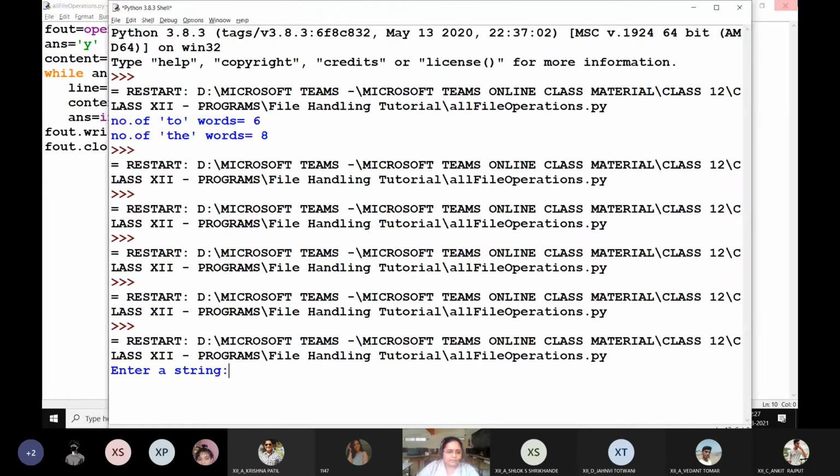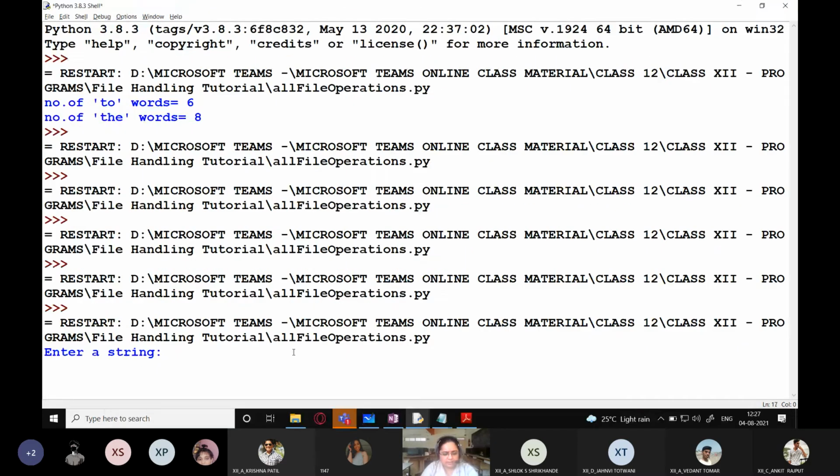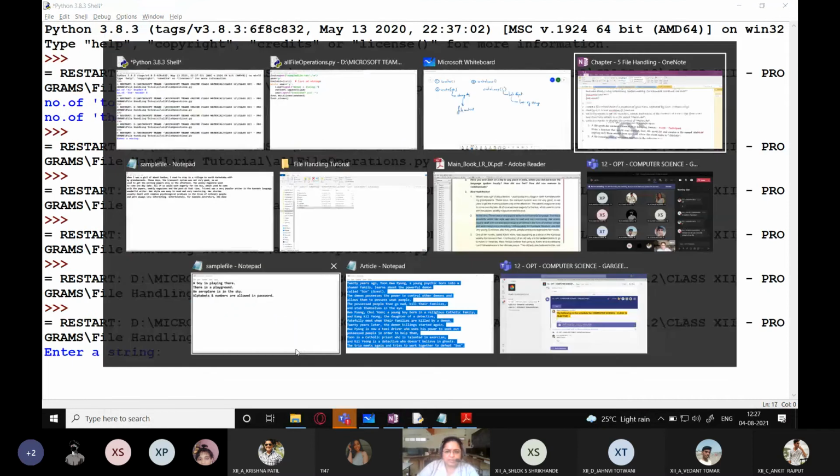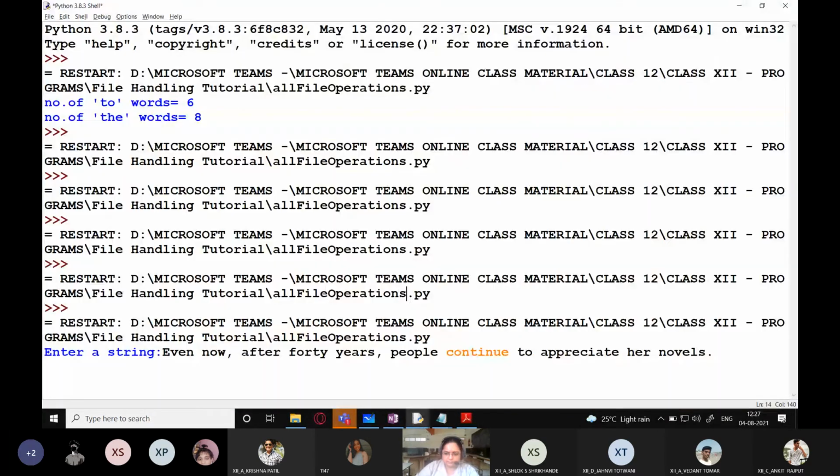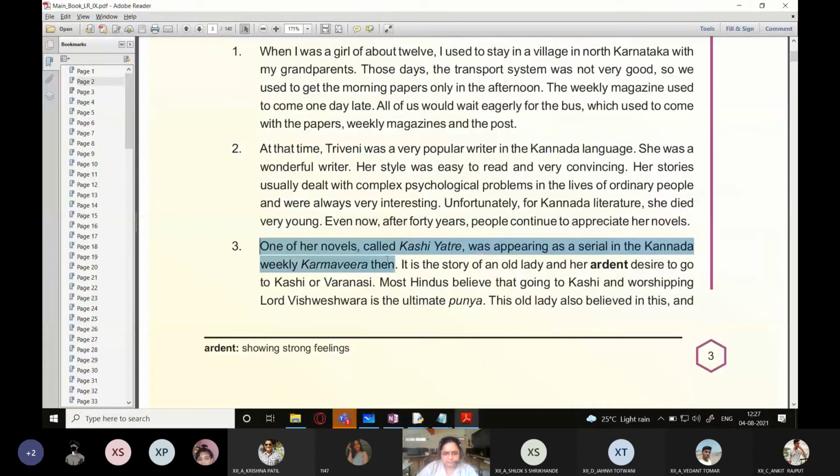It's asking for entering a string. So let me enter a string. I'm going to take strings from the same file over here. This is my first string. Continue? Yes. Let me get another string.